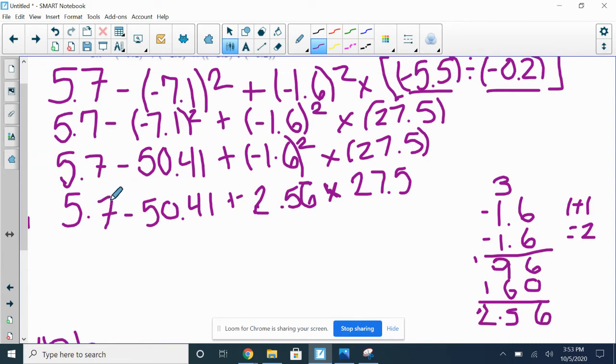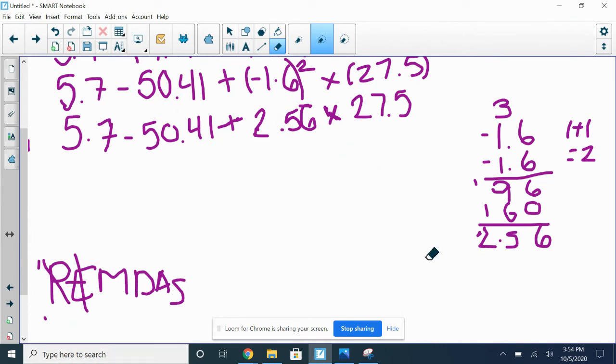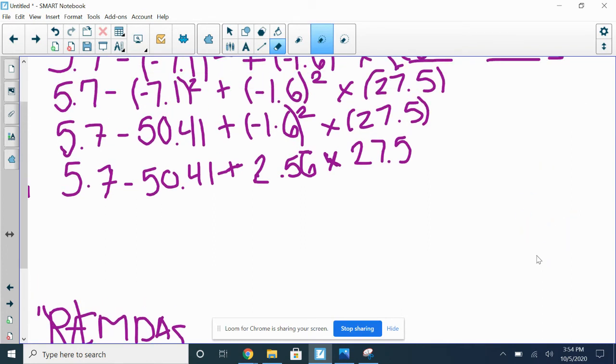Well, I have 5.7 minus, then I have plus, and then I have multiplication. So our next step, subtraction, addition and multiplication. Well, multiplication and division come before addition and subtraction. So I'm going to go up here and I'm going to do my multiplication. And like we did last chapter, our multiplication is the same. We line them up and ignore the decimals and ignore the signs and then worry about our signs. These are both positive, so it's going to be a positive. 27 times